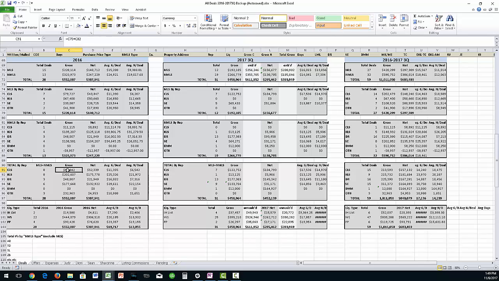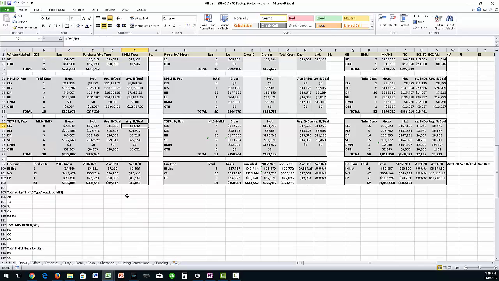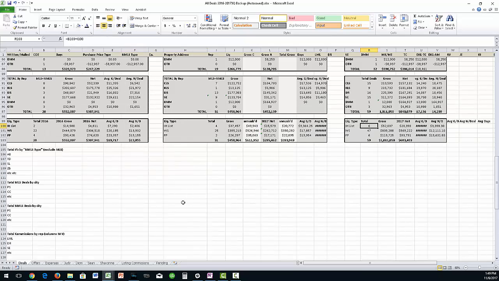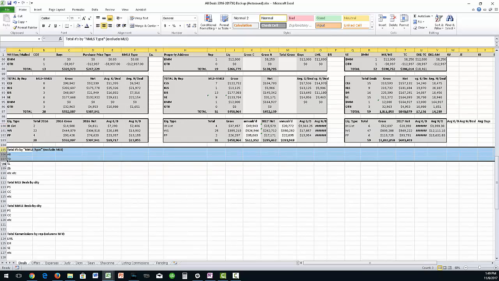So how did they do: total gross, total net, average gross per deal, average net per deal? And this is just broken down by one of the 3 liquidation types. Same thing. How many total deals? Total gross, total net, average gross per deal, and average net per deal. 2017 grand total. And the ones I need additional: